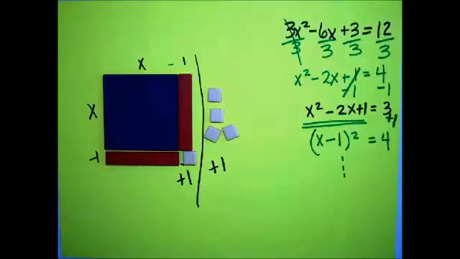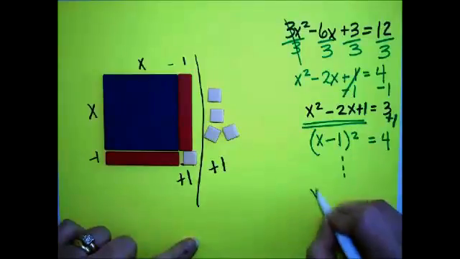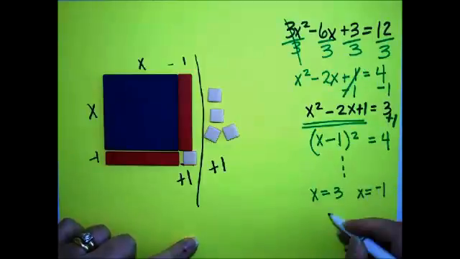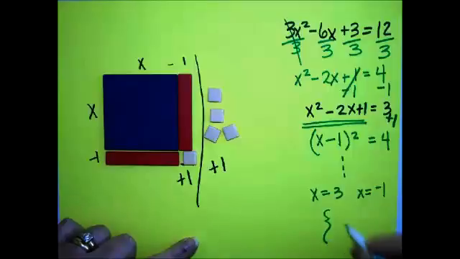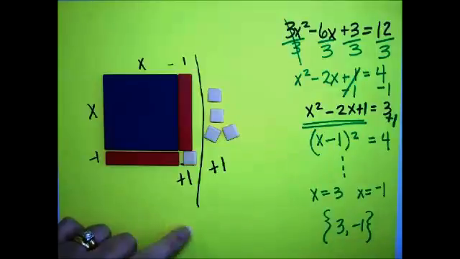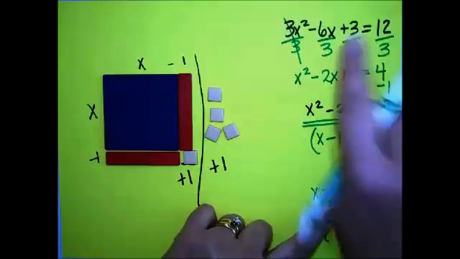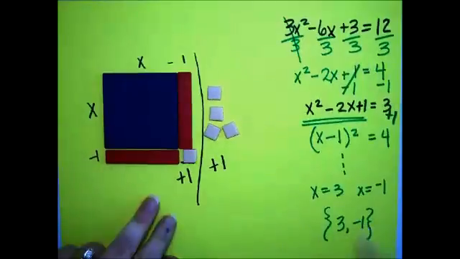All right, did you get for your answers x equals 3 or x equals -1? Sometimes you'll see that written as a set, like {3, -1} or {-1, 3}. But these are the values that make this equation true. They are solutions. Now we could go to the calculator, and if we wanted to check this on the calculator,